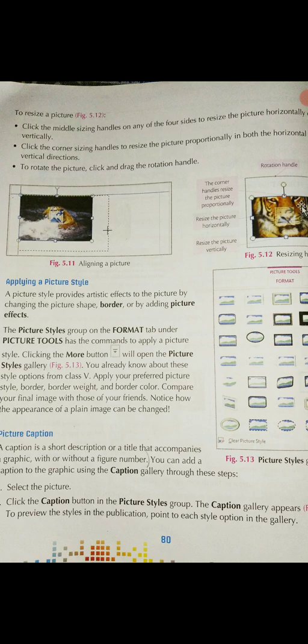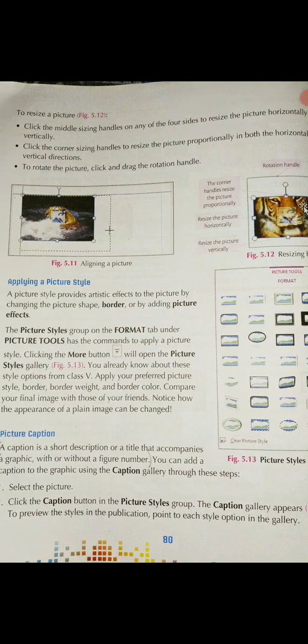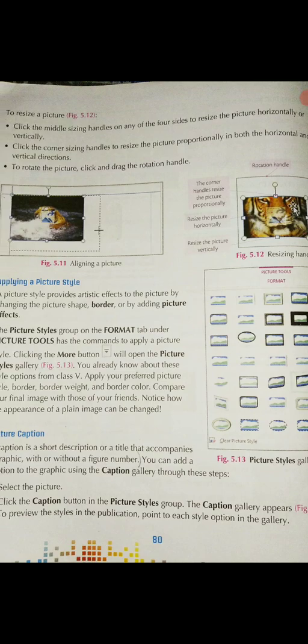No doubts regarding this? So here students, what was the question? How can you resize a picture in Publisher? Answer will be, we can resize a picture in Publisher by the following steps. Give a hyphen, then you will write step 1. Click the middle sizing handles of any of the 4 sides to resize the picture horizontally or vertically.